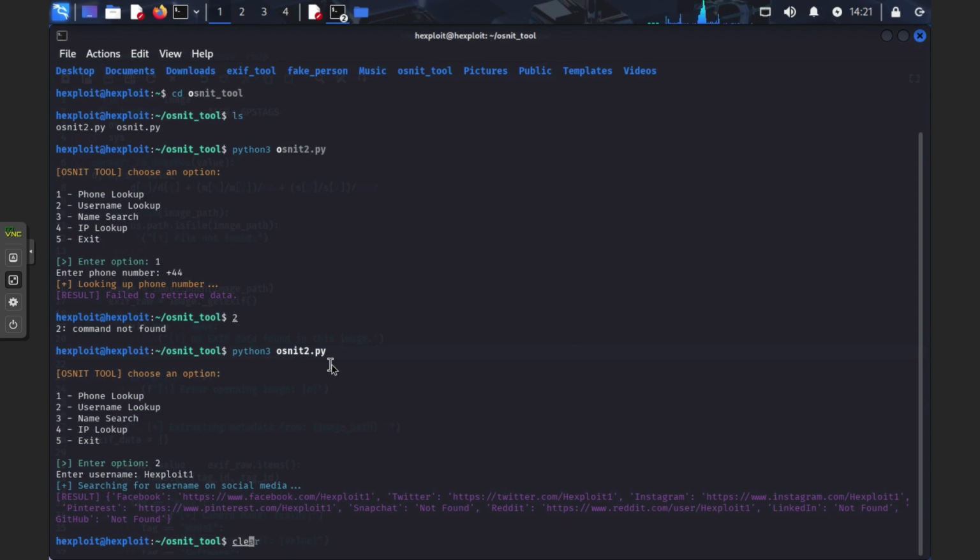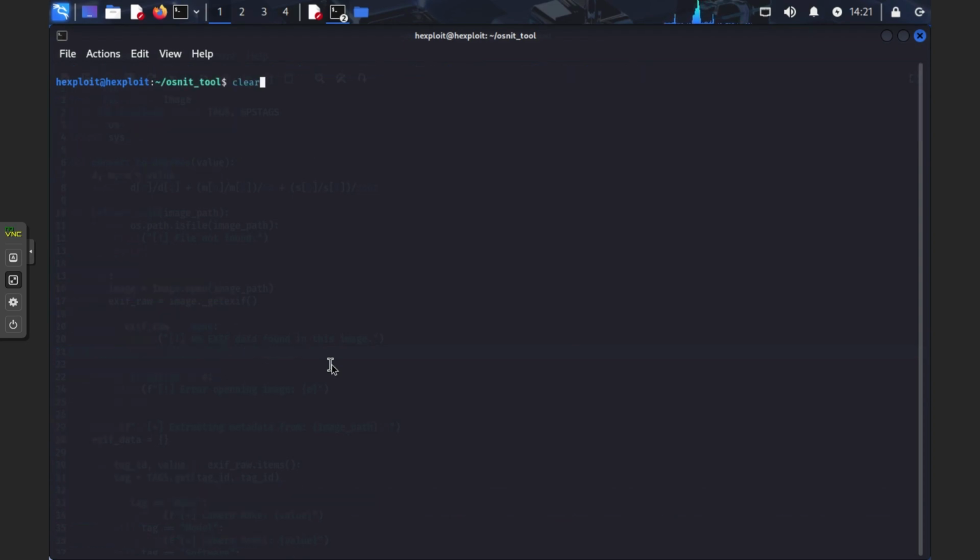So yeah, it's like we made that tool, and then also we have this tool. So you can do name search up, IP lookup, exit. So now we have really good two powerful tools which we can use to find them predators exactly where they are, what they look like, if the image is AI generated or not, stuff like that. So see you guys in the next one, and hopefully you